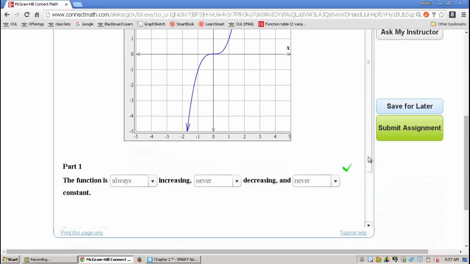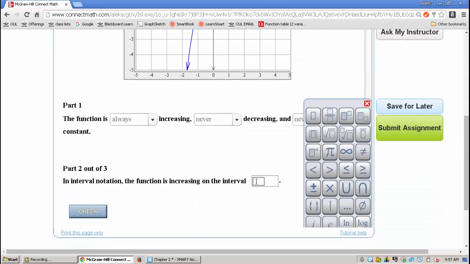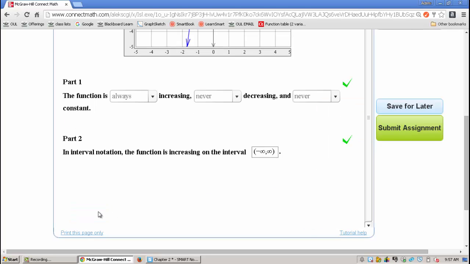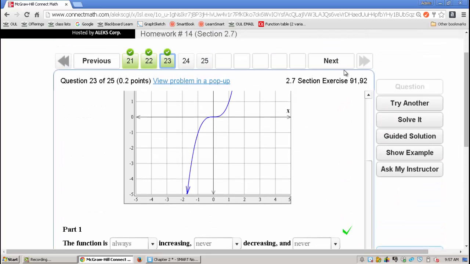And that's why we have to cover the entire x-axis, which is negative infinity to infinity. Alright, this is just so easy because it's